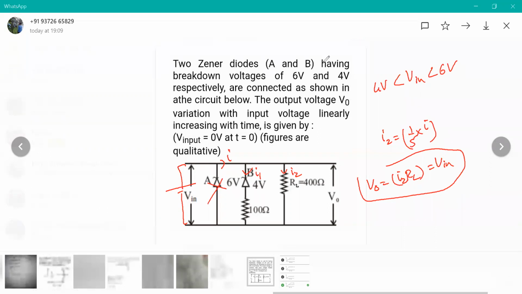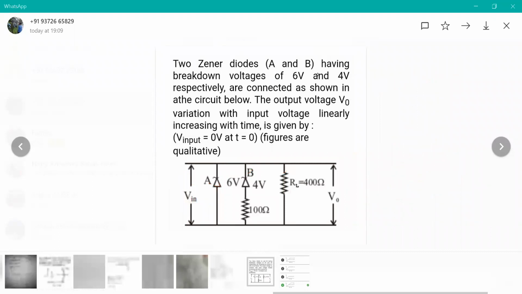But what happens when the input voltage is greater than or equal to 6 volts? Then whatever current I'm sending, there will be infinite current going through this. This becomes almost like a zero resistance path. So this output voltage